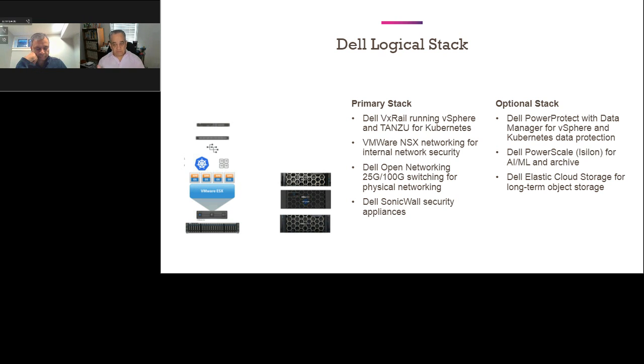We absolutely can do that with PowerScale. And Dell Elastic Cloud Storage, or ECS, for long-term object storage. This is the very deep, lower cost storage tier that's similar to an S3 or Azure storage in the public cloud, right?